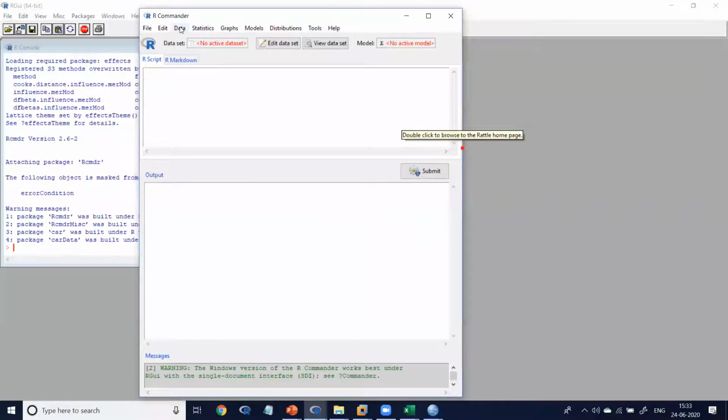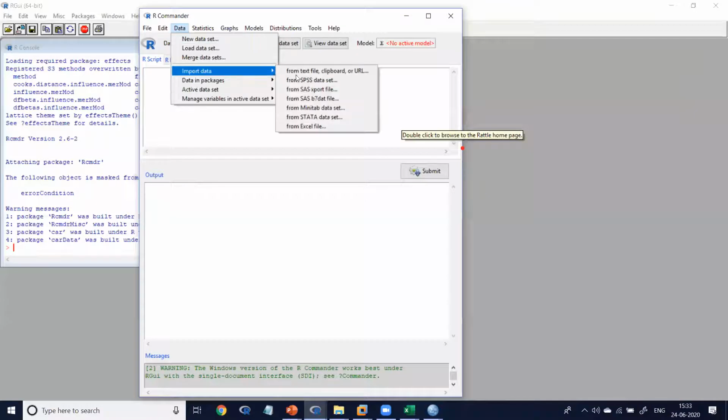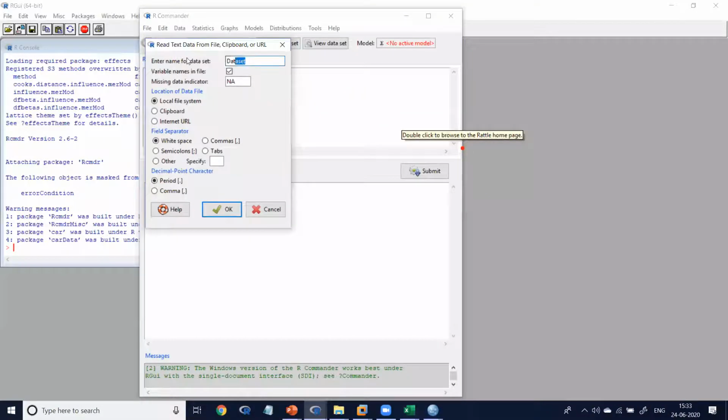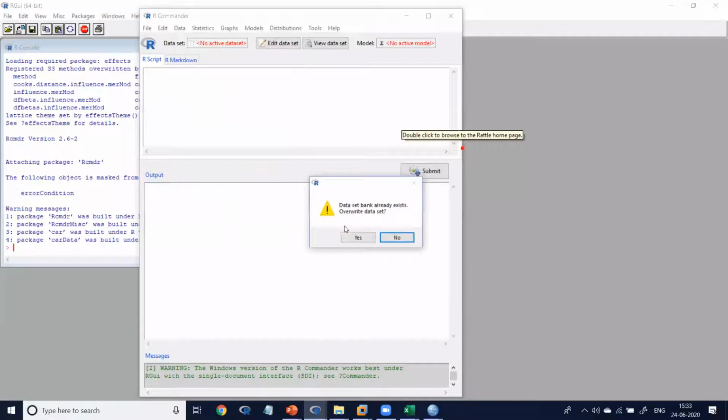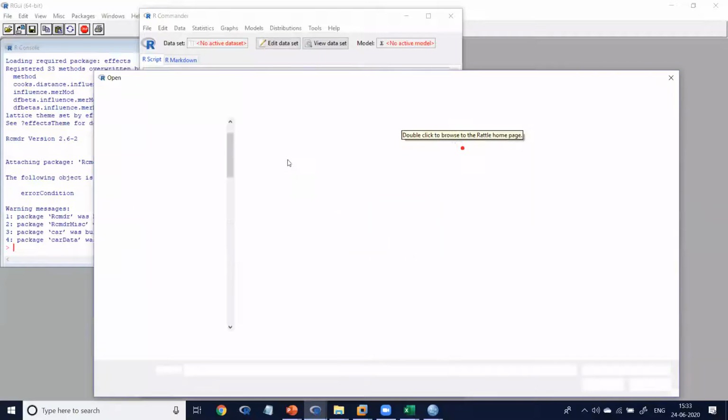RCMDR, data, import, text data, bank data, comma values, reading missing as NA. Go back.